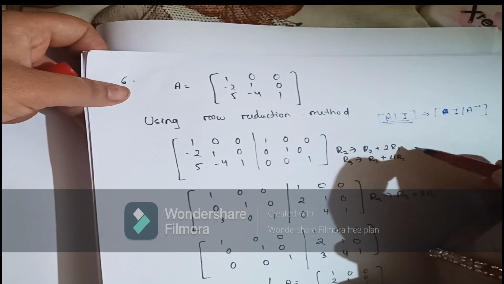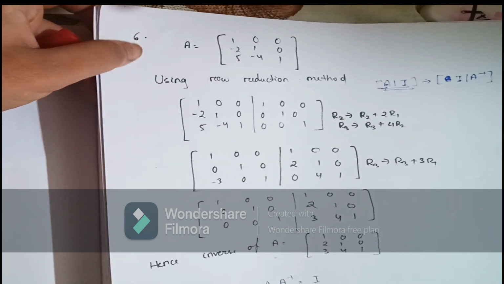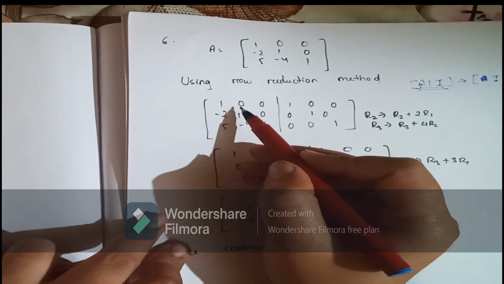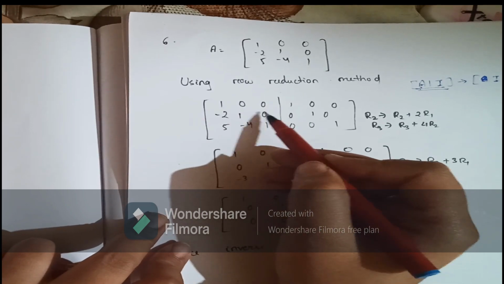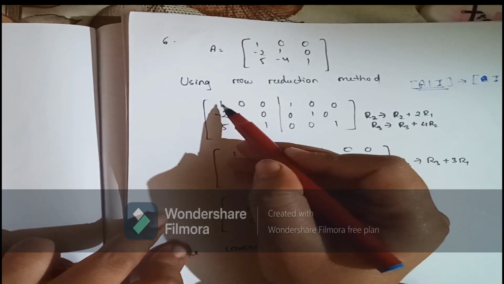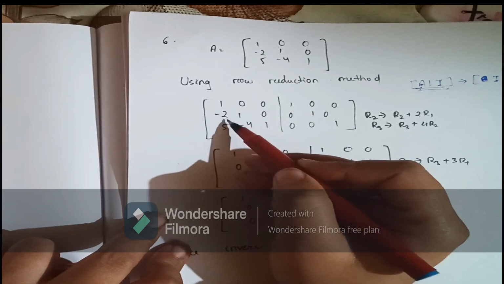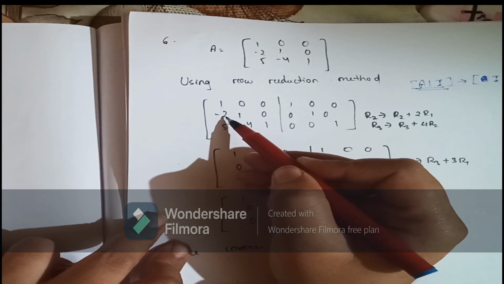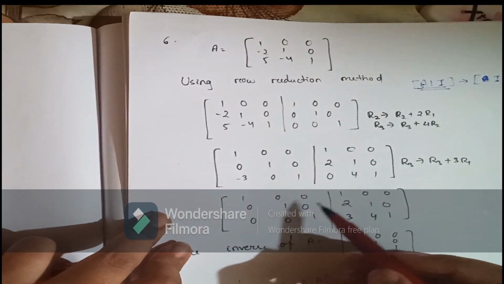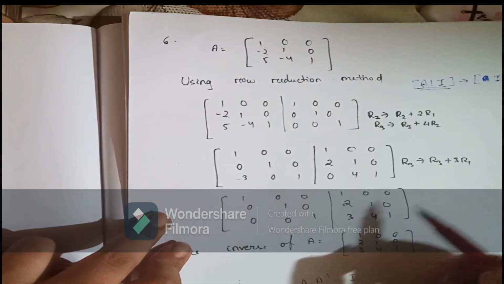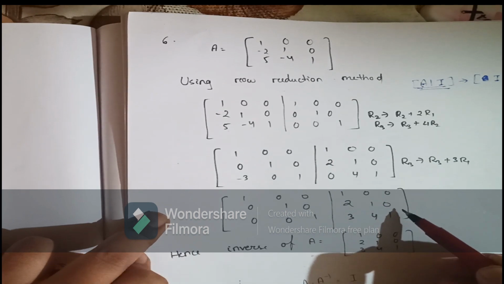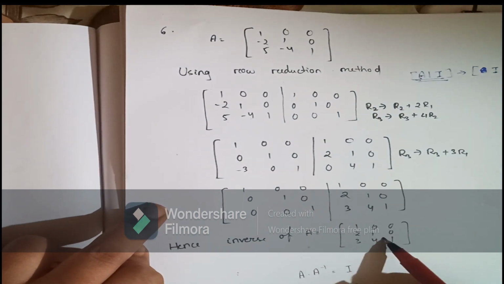Okay, and we have to do row operations. So look, we already have 1 0 0 in the first row, so we have to focus on this and this. Look here, the diagonal elements are 1, 1 and 1, so our main focus should be to make them 0, 0 and 0. So I performed these row operations and I got the identity matrix on the left-hand side. So this much is our A inverse, hence the inverse of A is equal to this much.